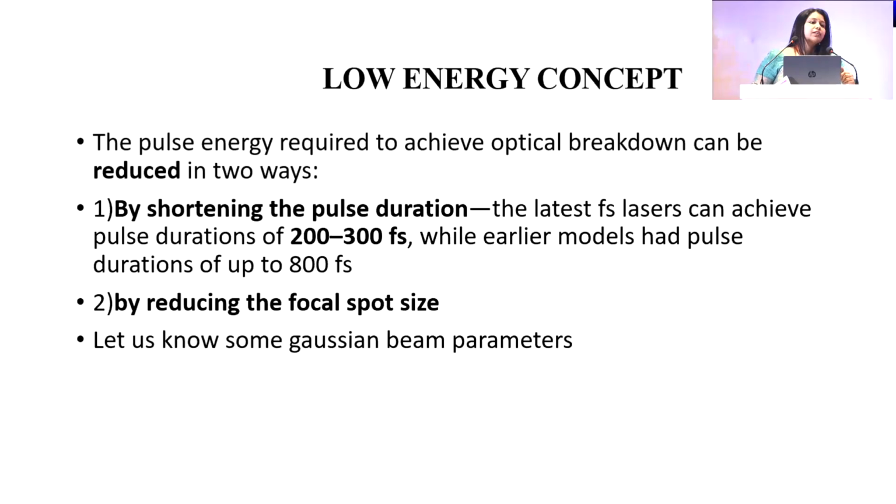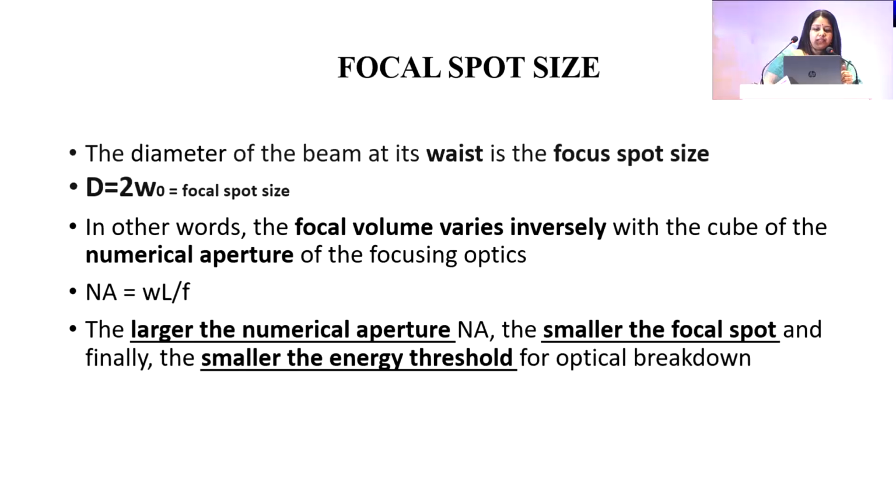One, shortening the pulse duration, and second, reducing the focal spot size. When we have a decreased pulse duration, it's natural for the cutting process of the laser to be slower. So they incorporated a higher repetition rate, which even goes up to 20 megahertz, to match the current speed. And with the focal spot size, this is all based on the Gaussian beam and the Rayleigh length,